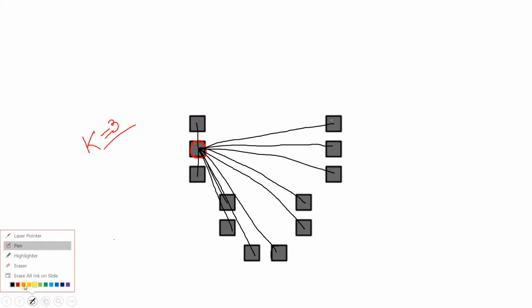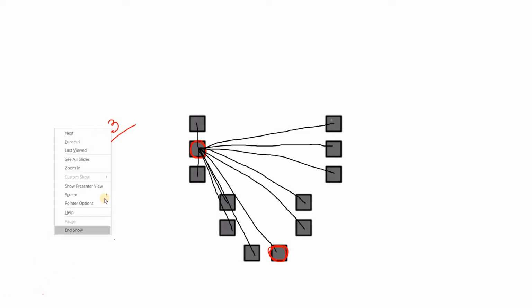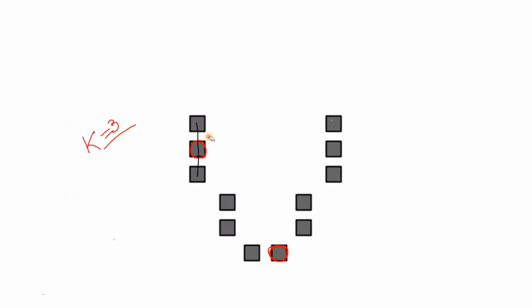I am not calculating the actual distance. It might happen that with respect to some other data point the distance is maximum, but for the time being consider that for this data point the distance is maximum with respect to this cluster. So the next cluster we are going to choose is this one. Now what is the situation? Let me erase this and show you.